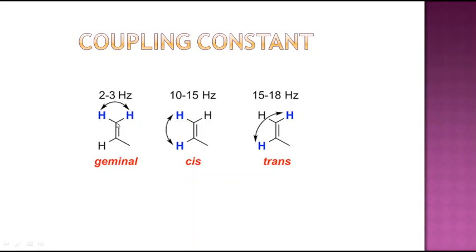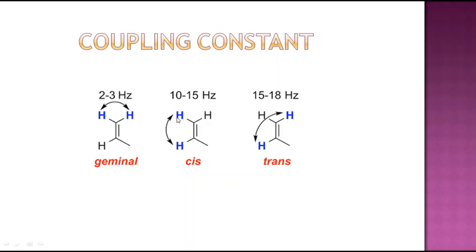Even if this is CH2, with two hydrogens on the same carbon, these two will give different signals, and since they give different signals, they will also couple with each other. This coupling is called geminal coupling. For geminal coupling, the distance between them will be around 2 to 3 hertz. Geminal coupling can always be in this range. If it is vicinal coupling, in cis, these two are called vicinal coupling.